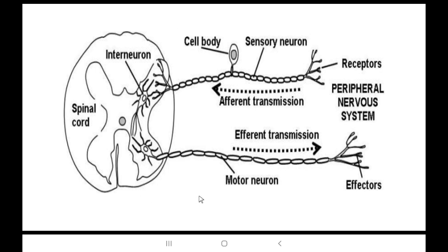This is one reflex arc. It has receptors. From the receptor, the sensory or afferent nerve arrives and goes into the spinal cord. In this reflex arc, there is an intermediate neuron seen, which is the interneuron, and then the motor neuron emerging out from the spinal cord, which supplies the effector, our muscles. So this is a complete reflex arc. Simple.